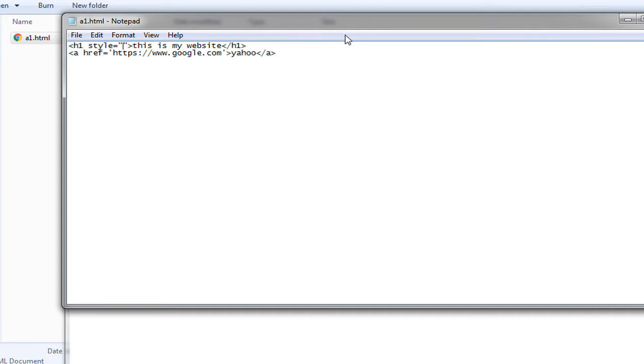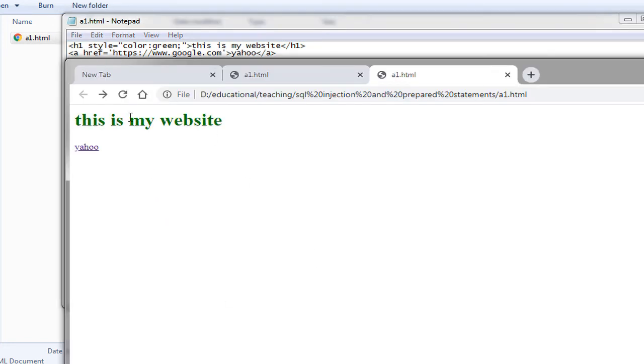Everything that is written in here would be considered as CSS code, and the browser again has some special meaning for these syntaxes that are written in front of the style. So we say color to be green, and if we save it using Ctrl S and refresh it, you see that the color has changed to green.